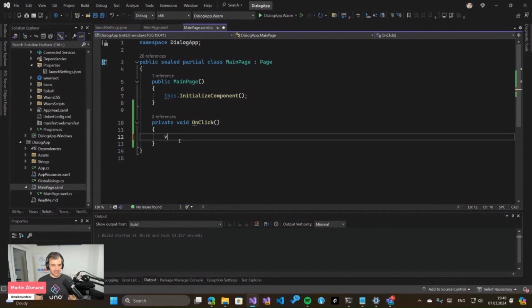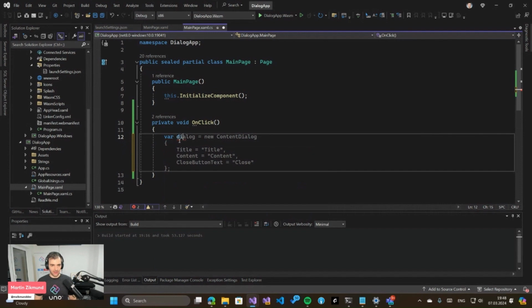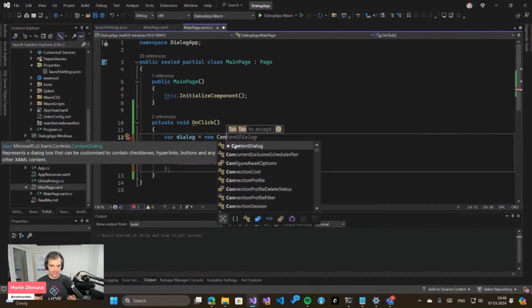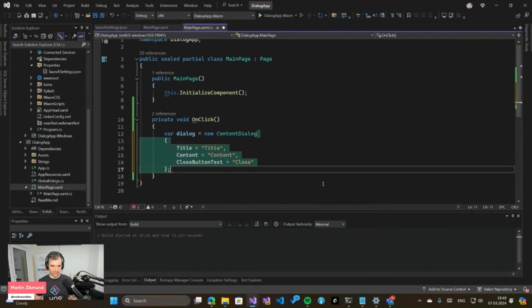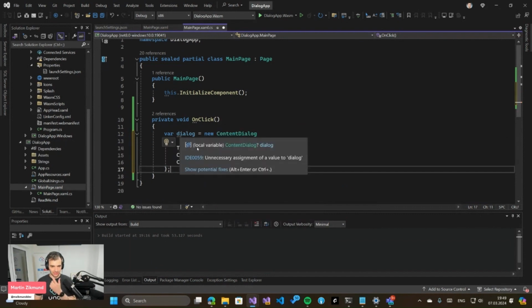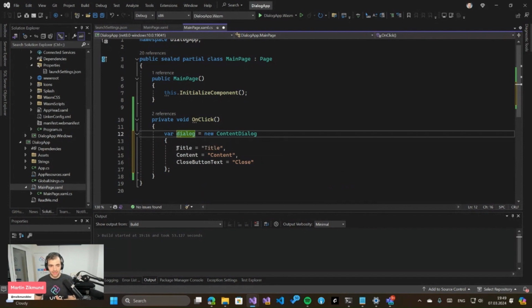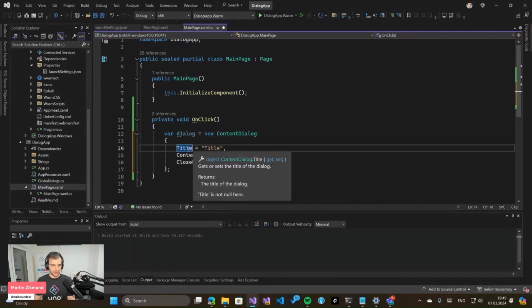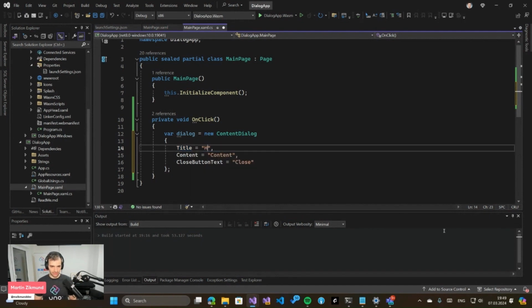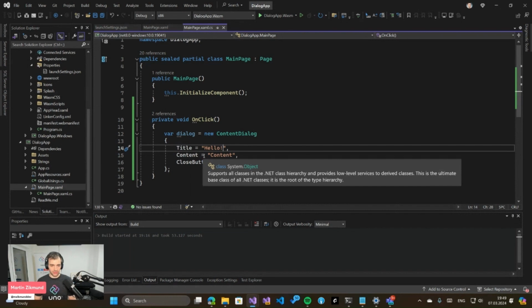So let me first write a dialog, which is a class called ContentDialog. It's exactly what the compiler is suggesting here, so I will just use that suggestion. The dialog has something that's called a title, which is the heading of the dialog. So here it can say something like hello, and then a content, which is something that the dialog should contain as